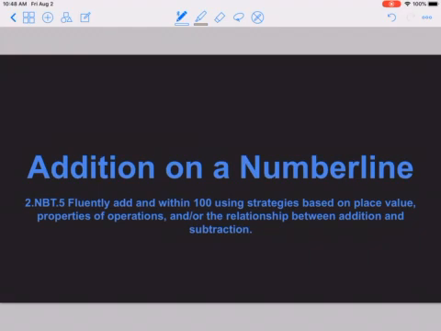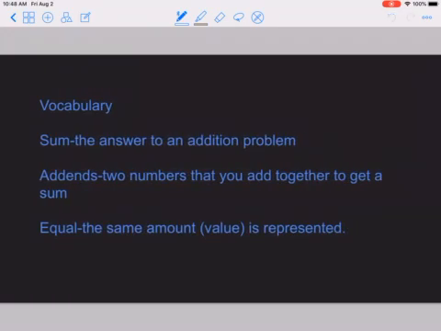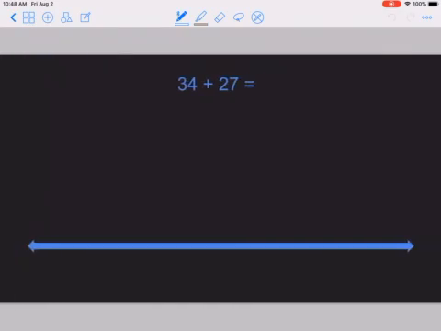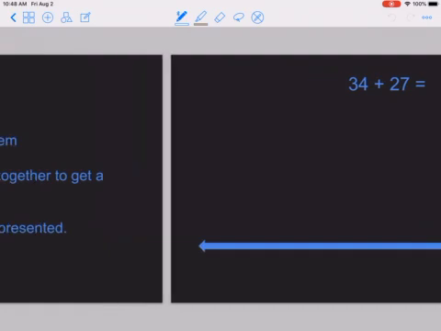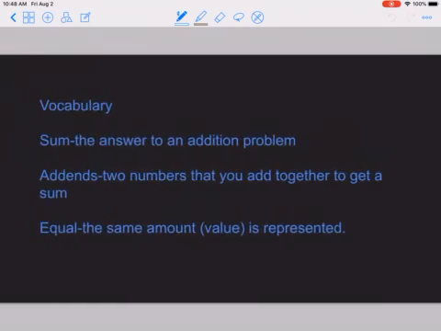And this is really helpful because when we think about adding and subtracting, we're really just moving forward and backwards on a number line. And I'll show you an example in just a little bit. But first, I want to discuss some vocabulary that is very important for addition. So the first term I want to talk about is